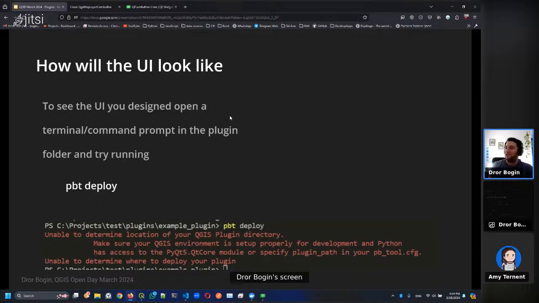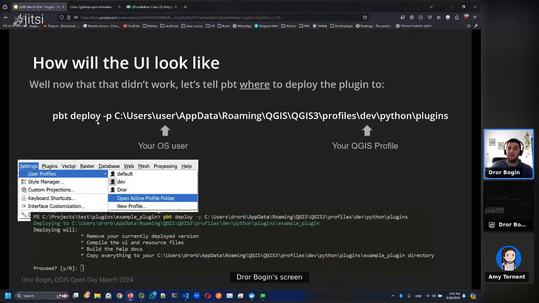So once you've added the UI, if you want to actually see it open in QGIS, we now use the plugin builder tool, and just inside the plugin folder we put in pb_tool deploy and get the response that it can't possibly know where it should deploy, because we didn't tell it to, and we didn't put anything in the config, and we didn't specify the plugin path parameter, and we don't have anything set up as an environment variable. So pb_tool deploy, and we have a plugin path